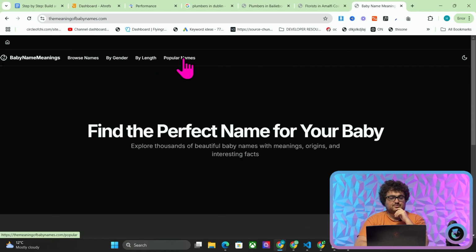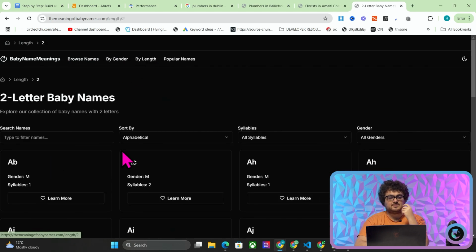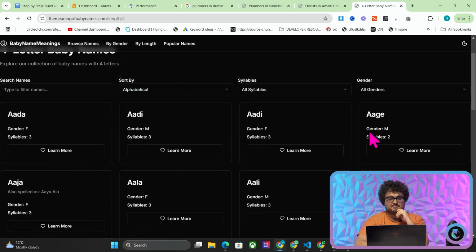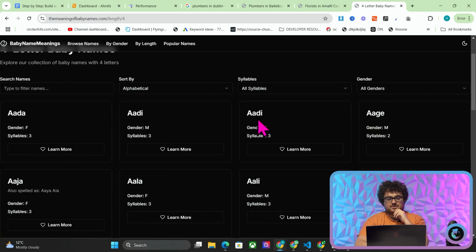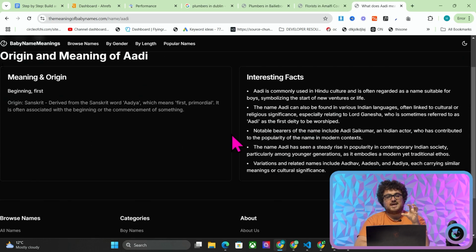So let's just go to, for example, by length. And let's say we want a 2-letter name. It doesn't make sense if it's a 2-letter name, to be honest with you. 4-letter name. So let's say we want to know what this name means. We press learn more. This is AI generated content. So it's taking the same concept of